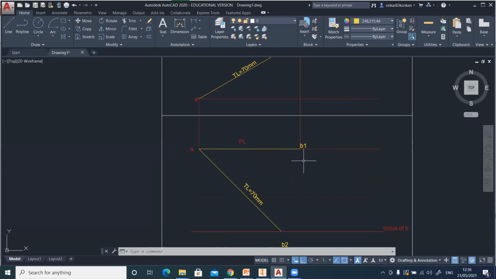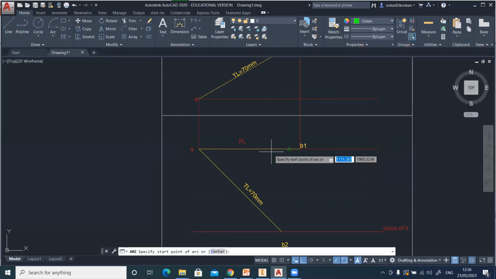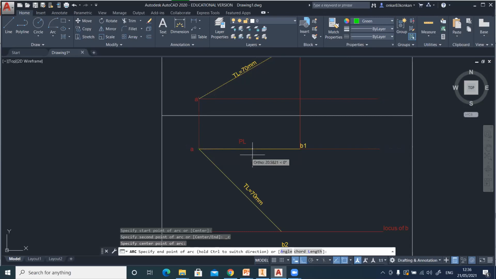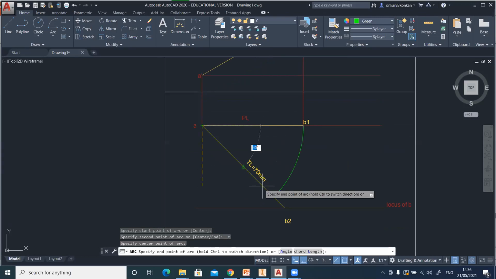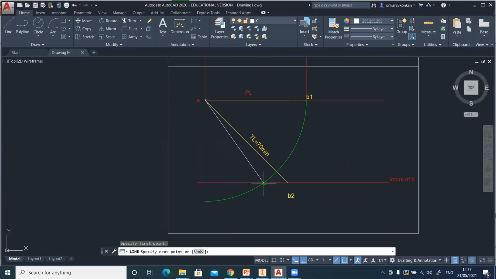Take A as a center and draw the arc, which will cut the locus of B. You can observe here, take radius equal to AB1 and draw this arc, which will cut the locus of B. Now this intersection point, if you join with the point A, it will give the actual top view. So connect this point.